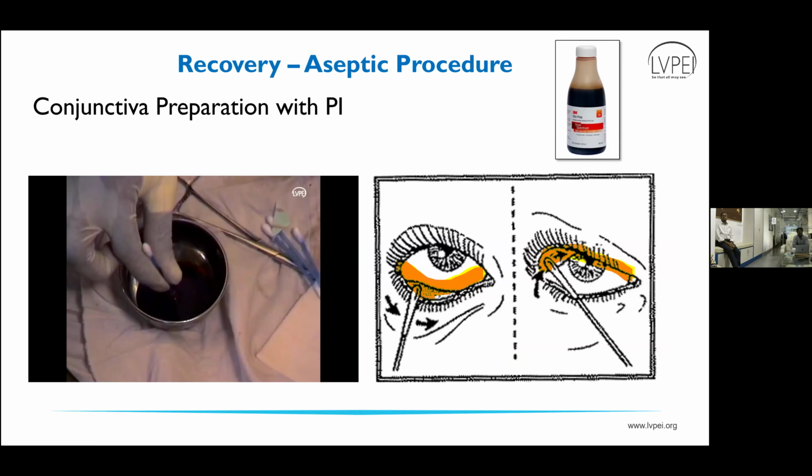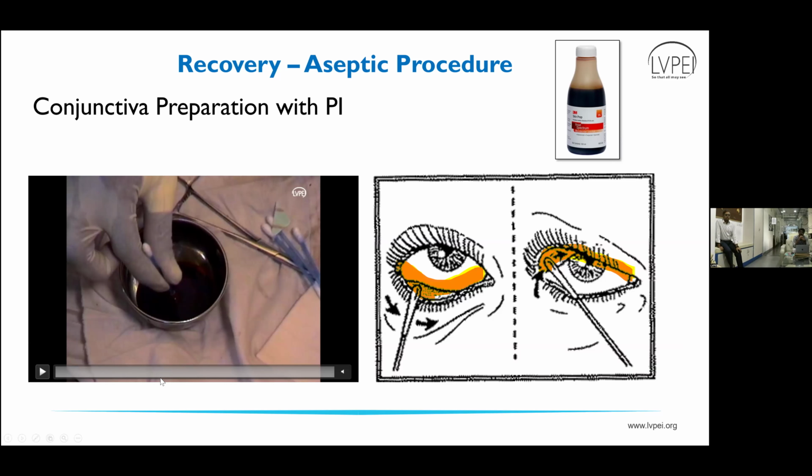First we need to do the conjunctival preparation with povidone. What is the percentage of povidone? Commonly, we all use 5% povidone in India. So we have to take 5% povidone in a sterile bowl, and then take a sterile cotton tipped applicator, Johnson buds, and dip it into povidone,